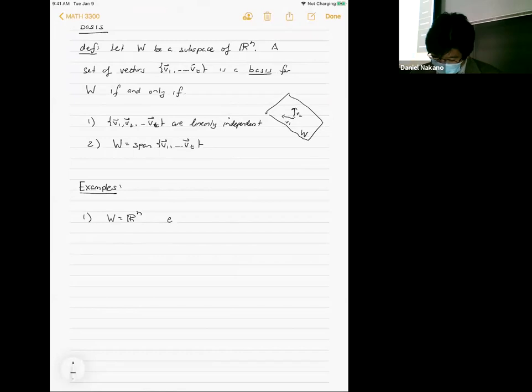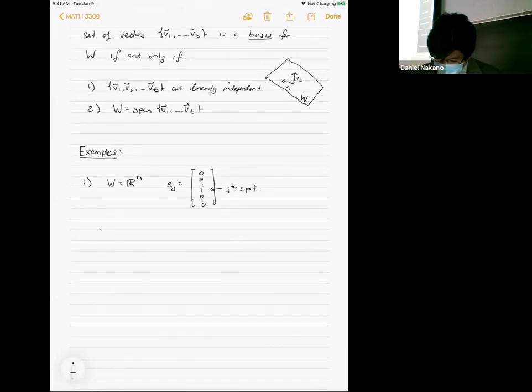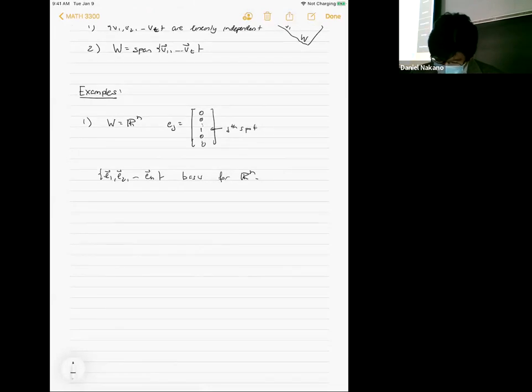So you let Ej be equal to the unit vector, right? So it's 0 everywhere, and then 1 in the jth spot. Okay? So if you take E1, E2, up to En, it's the basis for Rn. Okay, so in particular, if you take R3, a basis is